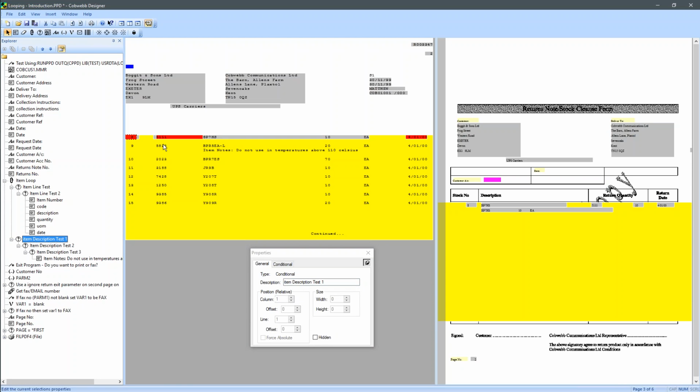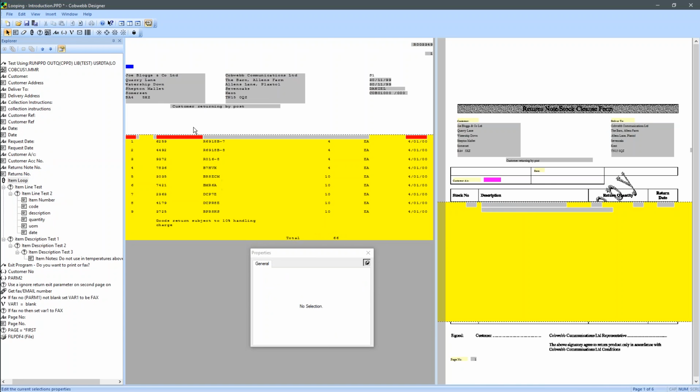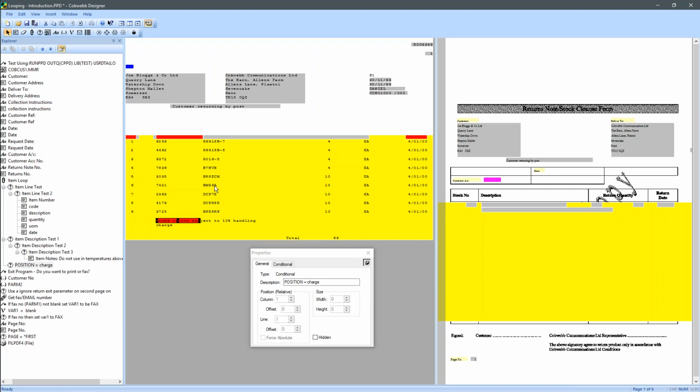That leaves us free to identify our delivery instructions